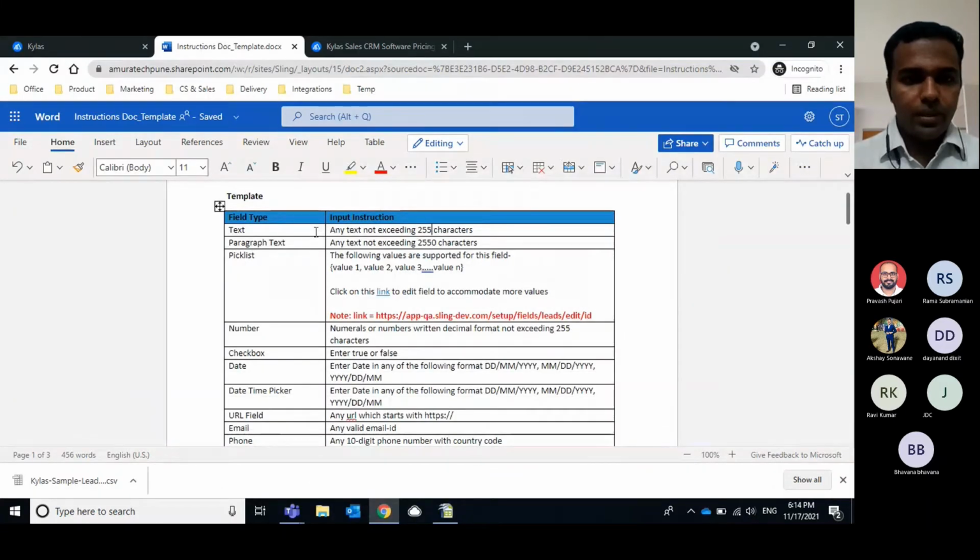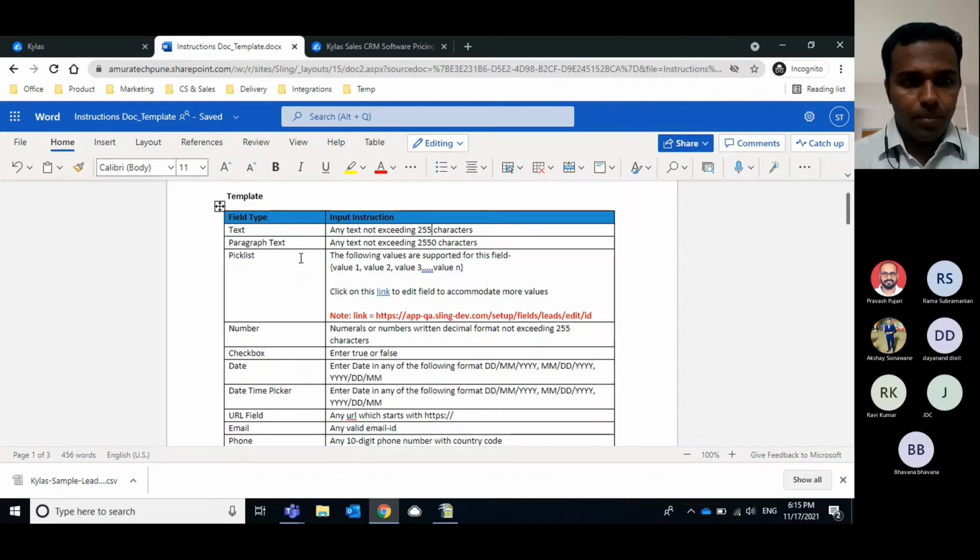So for the text field, the limitation is that any text field you want to import should not exceed 255 characters. And if there is any paragraph field you are trying to import to the Kaila CRM, it should not exceed 2550 characters.